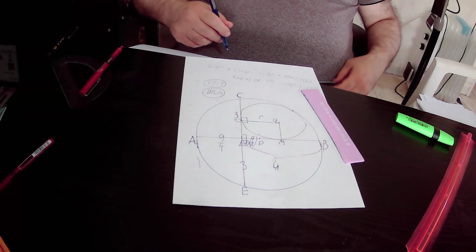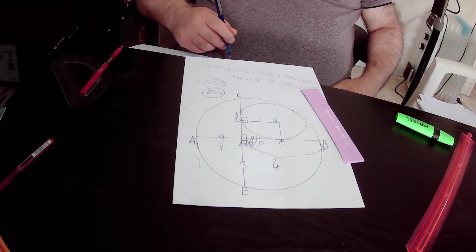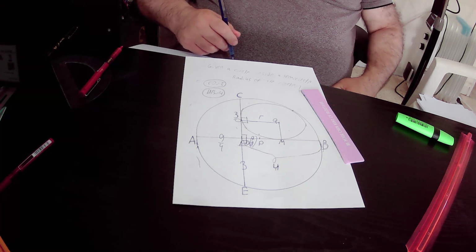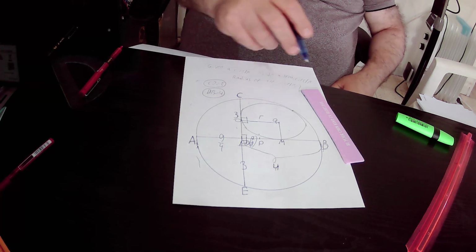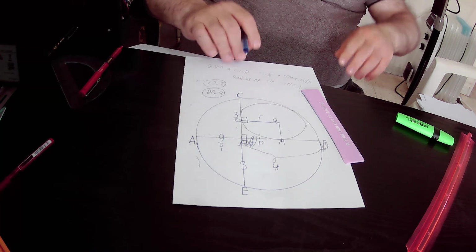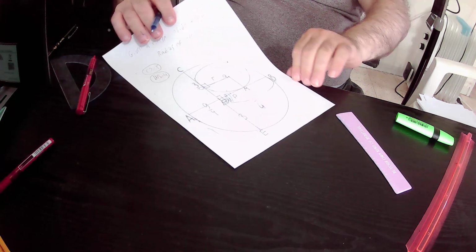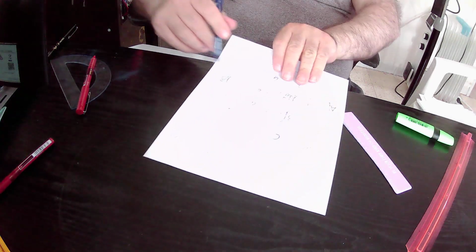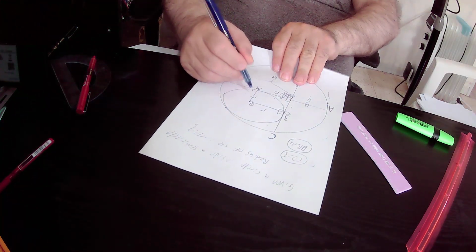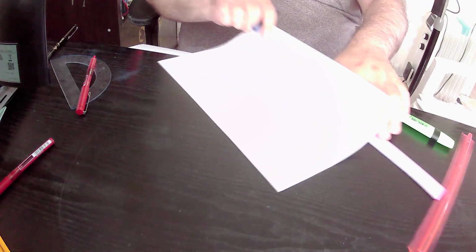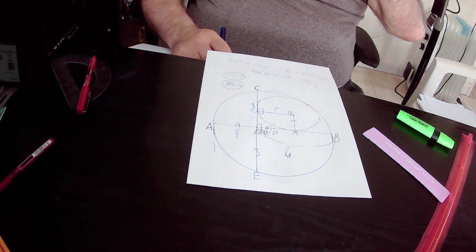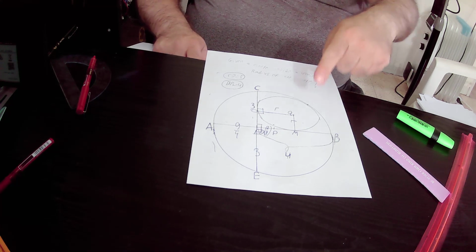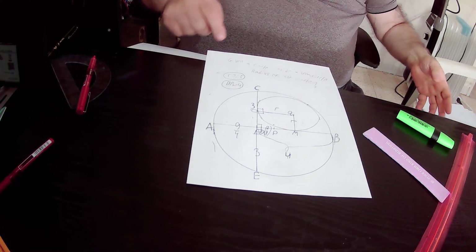QM is the radius of the small circle because line segment QM starts from point Q, that is the center of the small circle, and point M is the point on the small circle itself. This is exactly the definition of radius. So QM is the radius of the small circle that is equal to small r. So here we have the radius QM that is drawn to the point of tangency, that is to say it is drawn to point M, that is the point of tangency of tangent